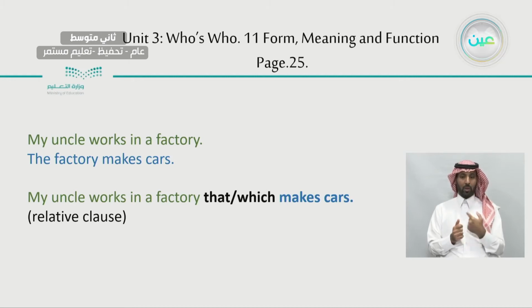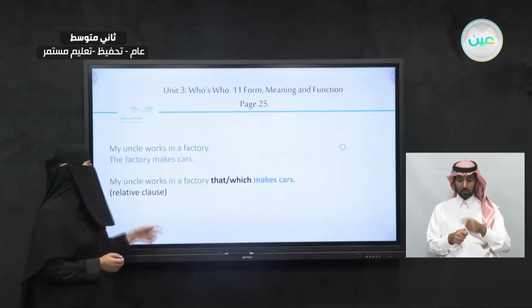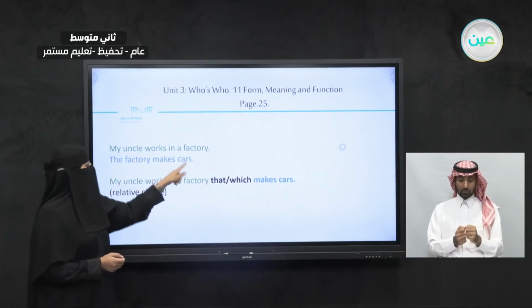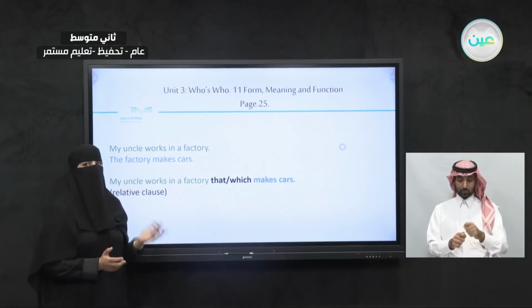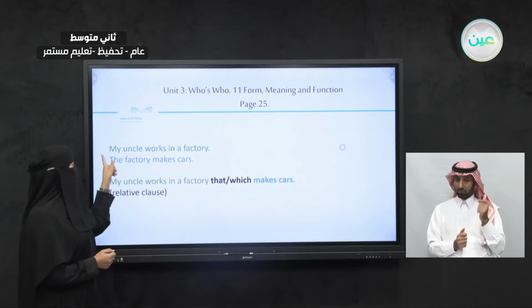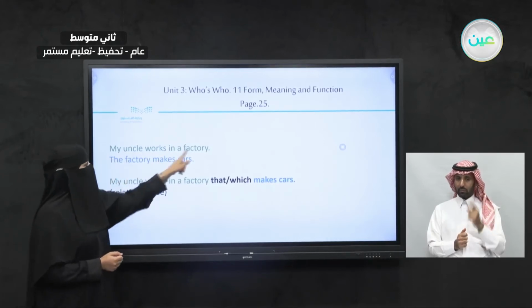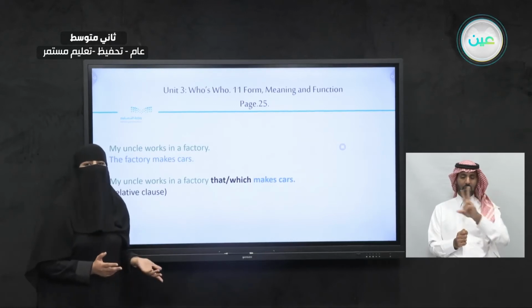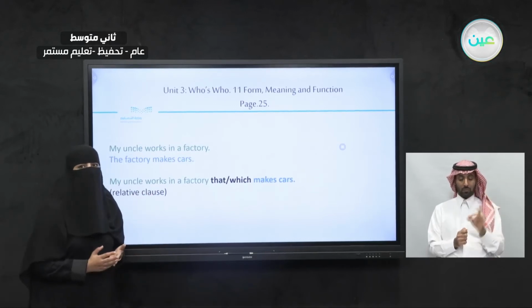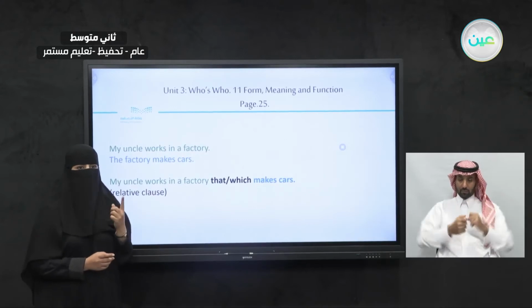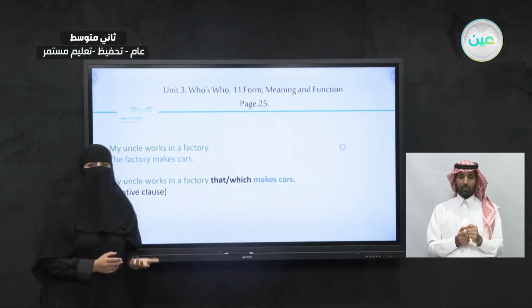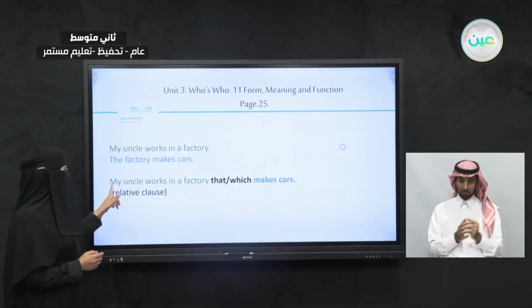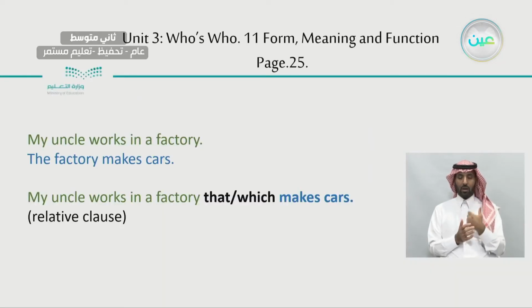My uncle works in a factory. I can understand the sentence. The factory makes cars. I can understand the sentence too. But here we have the word factory two times. We don't want to keep repeating the words. We want to combine these two clauses together in one sentence, and we want it to give a meaning. Let's take a look. My uncle works in a factory